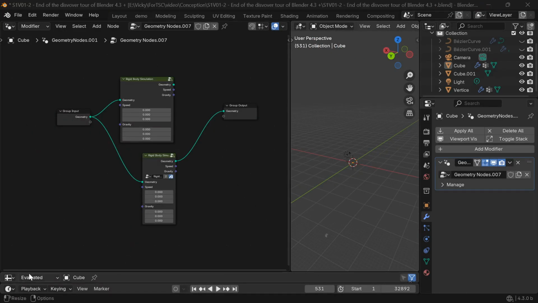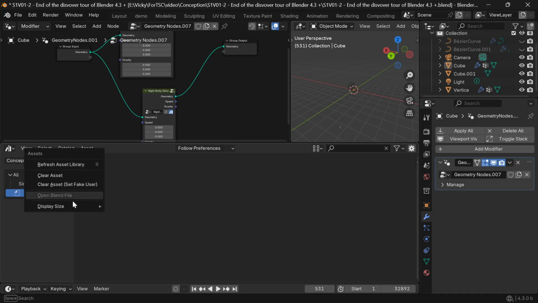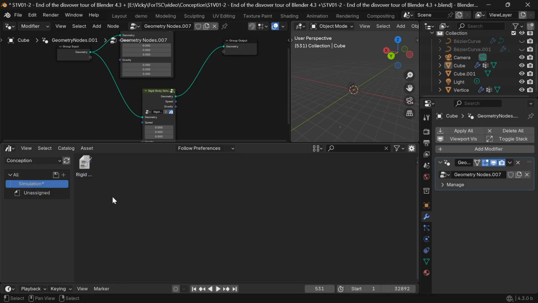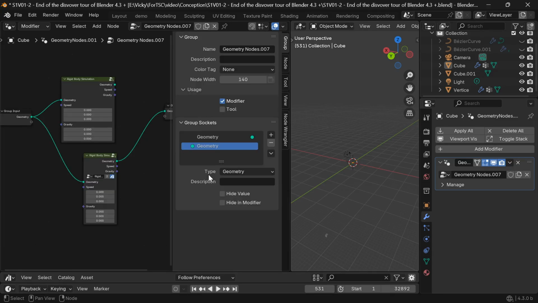To manage my asset properly, I create a new catalog in my library with the name simulation. To make the asset really usable and meaningful, we will talk about general stuff related to geometry nodes, the panel of the group. We saw it in our node group, but we can also find it in the modifier tab in the properties editor. Like that, we can see the result of our settings without going back in the parent node.